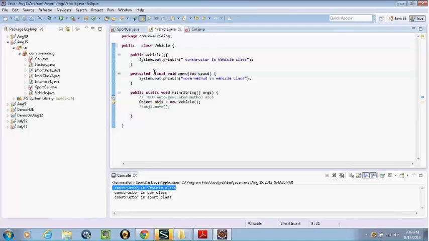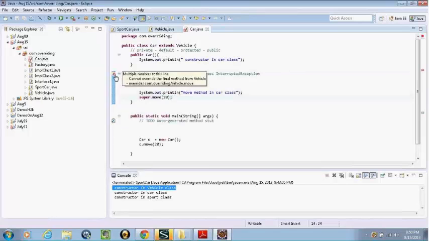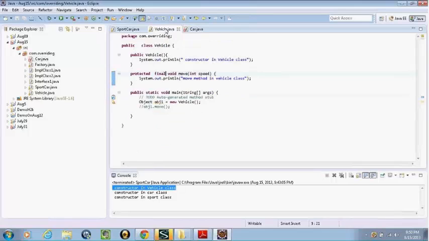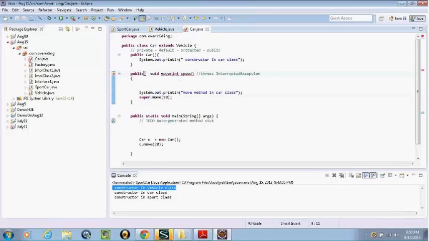Okay. And how about a private final? It looks like it doesn't give any advantage to make a private method final. Yes, there is no point in making a private method final, because a private method is not visible at all outside of the class, right? Yeah. There is no concept of overriding it, right?